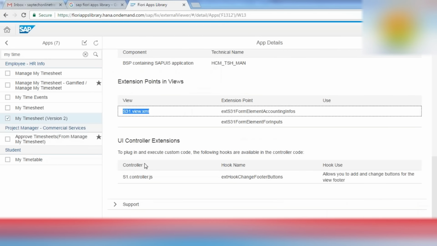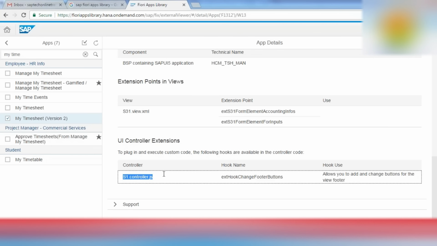Similarly, not only the view, we need to enhance the controller as well to communicate to the backend model. For that we can use this particular controller under this Fiori application. And here you can see they are calling it a hook, hook method.